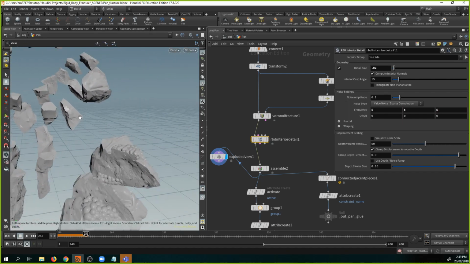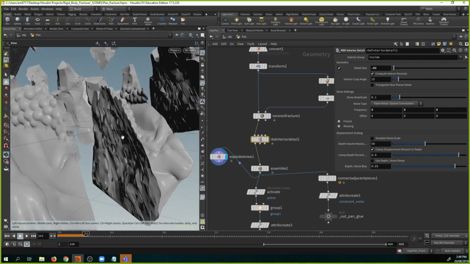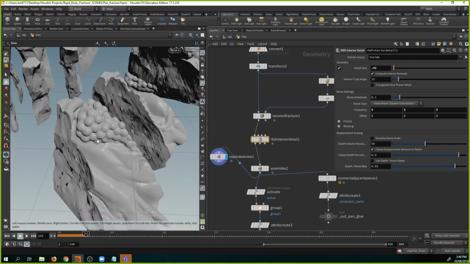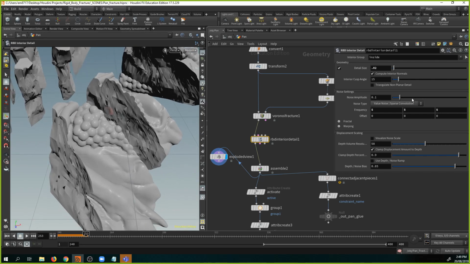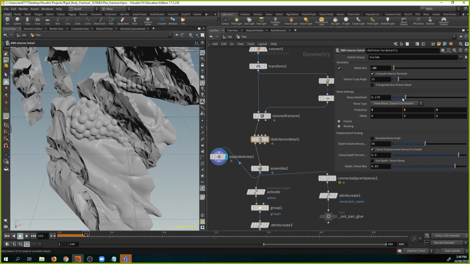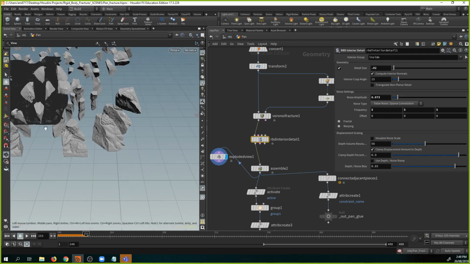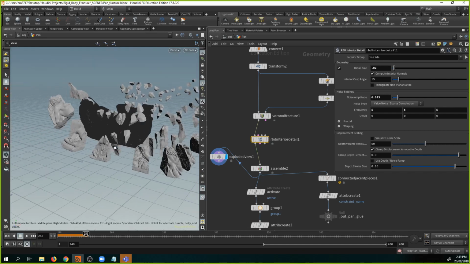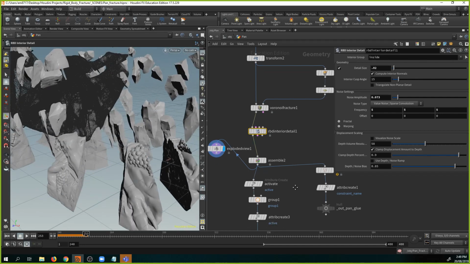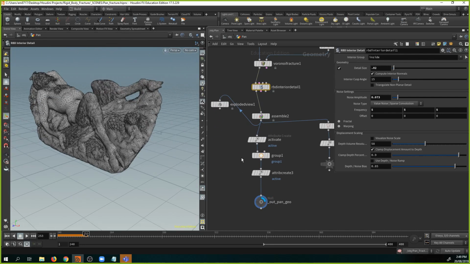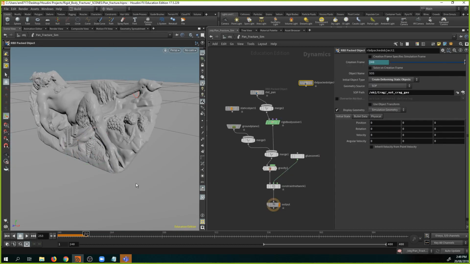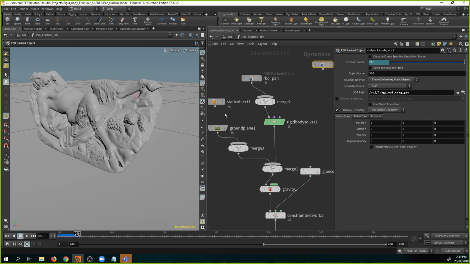Okay, this is definitely much better than a simple one, and the noise amplitude could be just a little, not too much. Okay, I'm happy now. Go back to there, make sure that it doesn't fall here. It stays there, great. Bring back our static